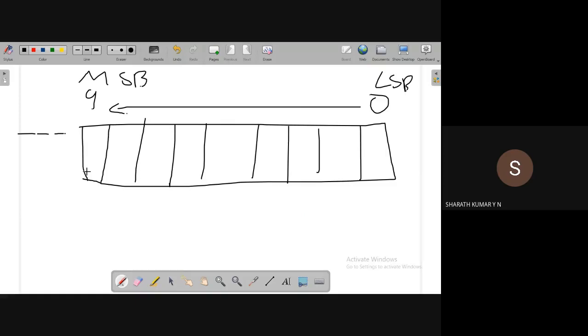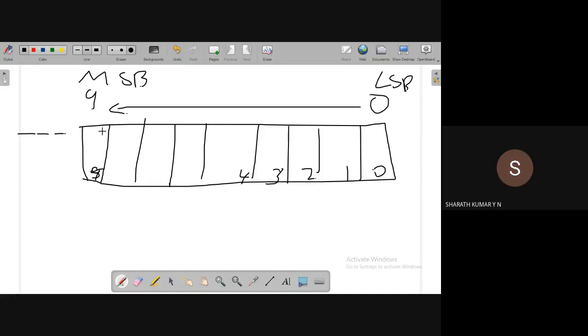Can somebody answer this? How many address bits are required to identify a 10-bit register? That means each bit should have an address. Like this is 0, this is 1, this is 2, this is 3. Likewise, I need to identify each bit of a 10-bit register using a binary address, not using this decimal address. Sorry, this is 9. 3 bits. 3-bit. Correct.